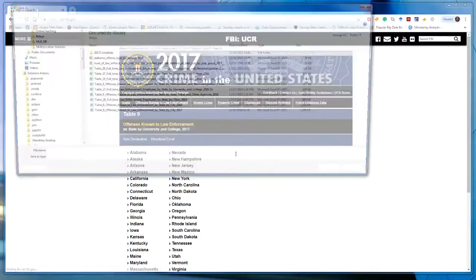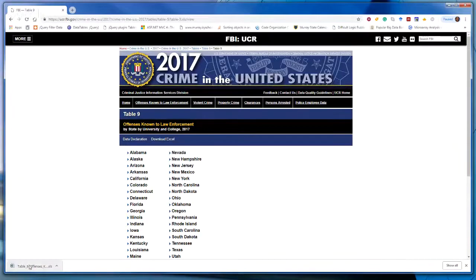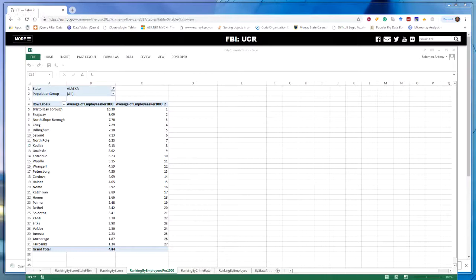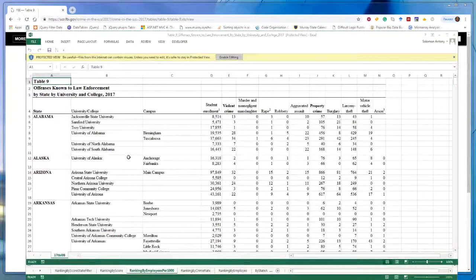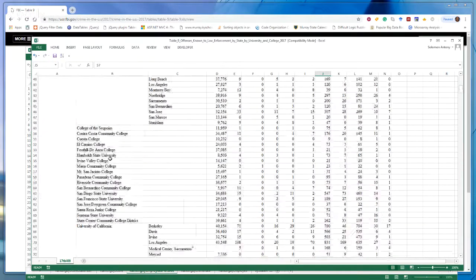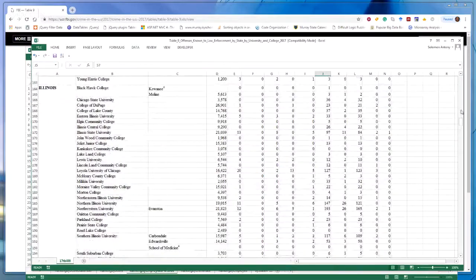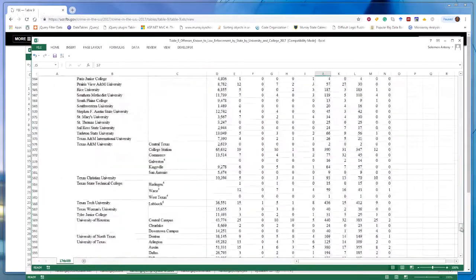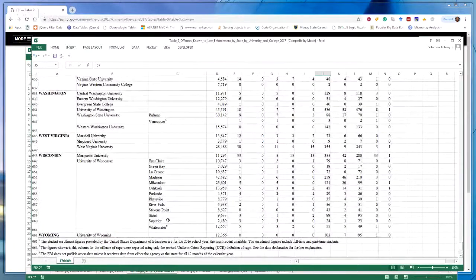So I can download the Excel file, which looks like that. Here you go. Again, the format is similar. We have state grouped, then we have city and which campus it is, because some universities have multiple campuses. For each campus, it reports how many students are enrolled, how many violent crime incidents are reported, and how many property crime incidents are reported. So we got all this data for most universities, and I think this is about 600 plus universities.